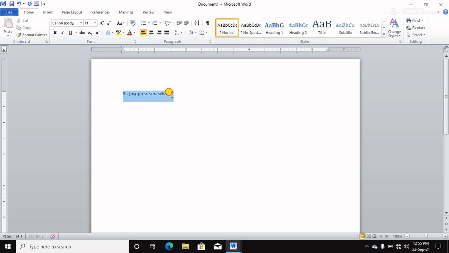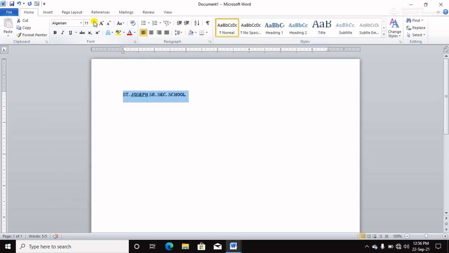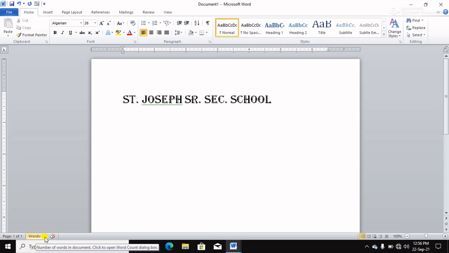I am changing the style and the size. Now see how many words there are: 1, 2, 3, 4, 5. So it will count. See, this is the count. Words 5.